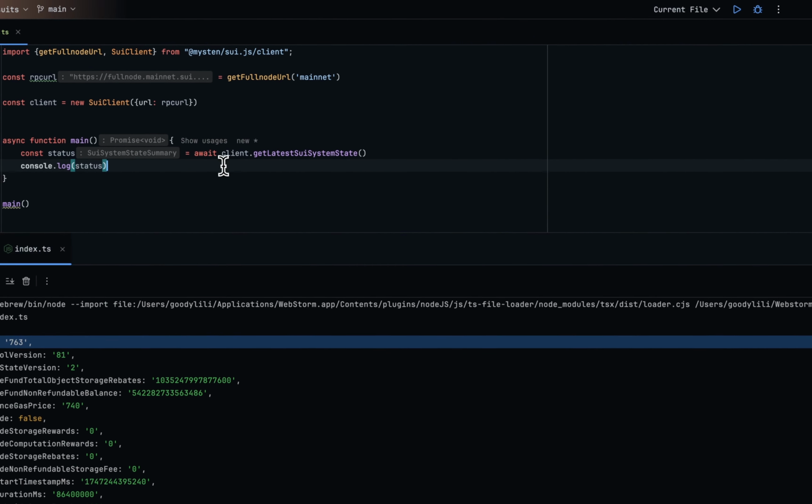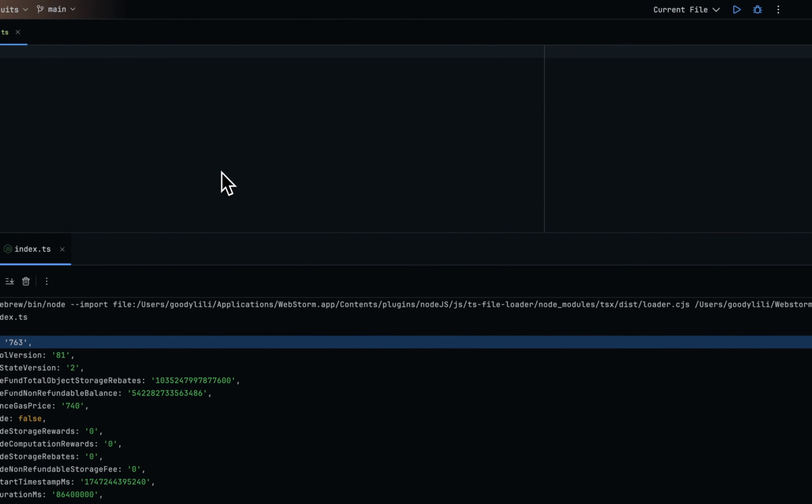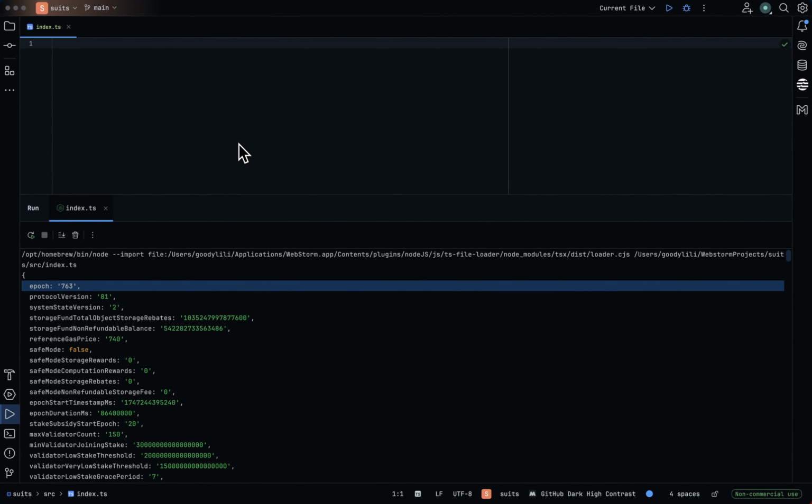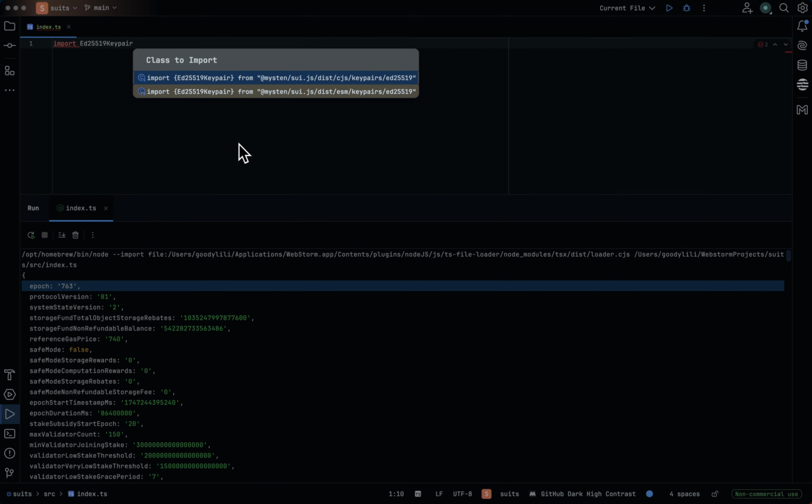Yeah, that said, I'm just going to remove all of this and then show you how to generate key pairs and then get your public and private key. So say you're building some wallet utility, you can easily do that, right? And so the first thing you want to import is the key pair scheme. So I think it's this one,